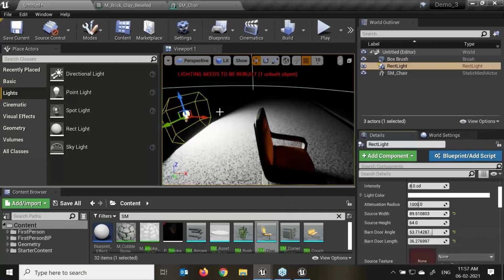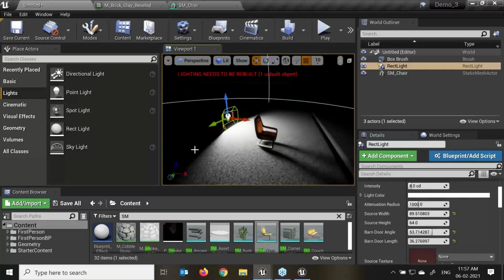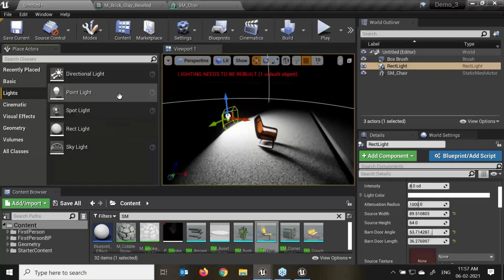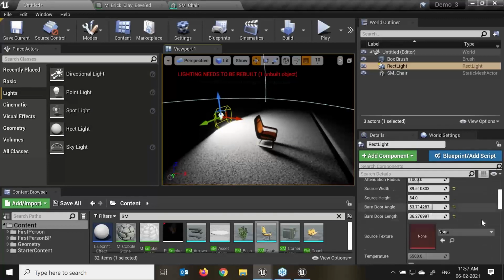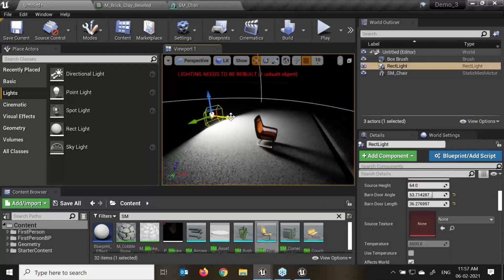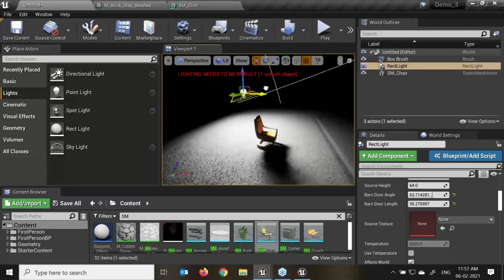But it directs into the x-axis only, similar to a spotlight with its cone set to 180 degrees. Here we can see a little bit more effect of this particular rectangular light. However, the specular highlight for the rectangular light shows the width and the height of the rectangular light. Directional has its own functionality, point light has its own attributes, rectangle light has its own attributes, right? So this depends upon what kind of requirement there is for that particular light, on which level you are putting it, the render quality, and the graphic card quality which you are using.